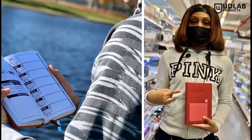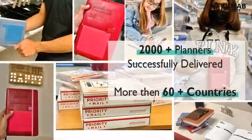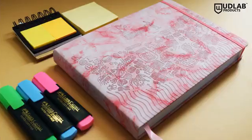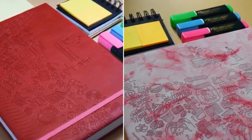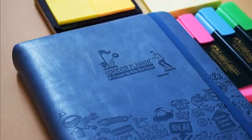After the grand success of Achiever Planner 1 and having delivered more than 2,000 planners in 60 plus countries, we are introducing a new product range of creative planners with 2 different sizes for 2022. Introducing Smart B5 Landscape Size, which comes in 12 different options of premium designer PU leather and creative embossed designs